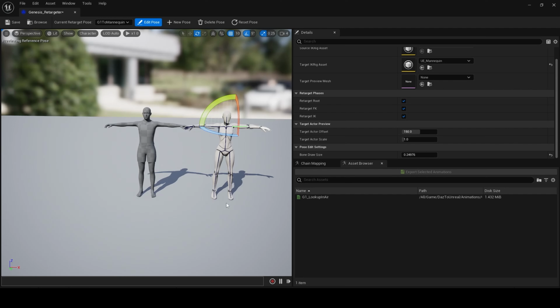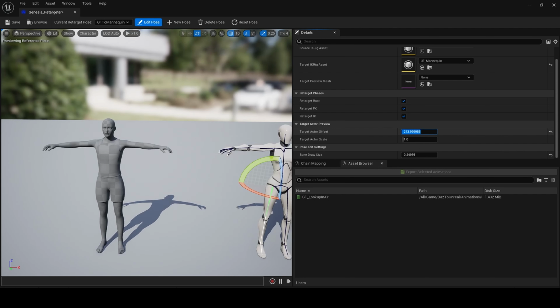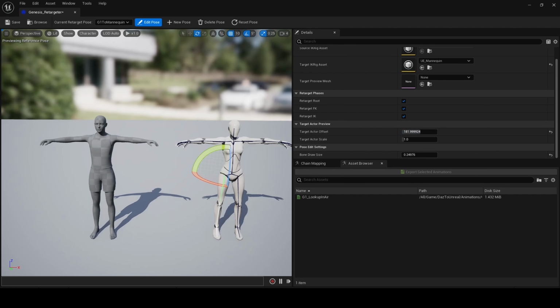The legs are slightly off, but I don't think we're going to be able to pull them in enough. Maybe. They might end up too close together though. So we'll put those back for now. It's not perfect, but let me just move them apart a little. I think that will do for the purposes of this.